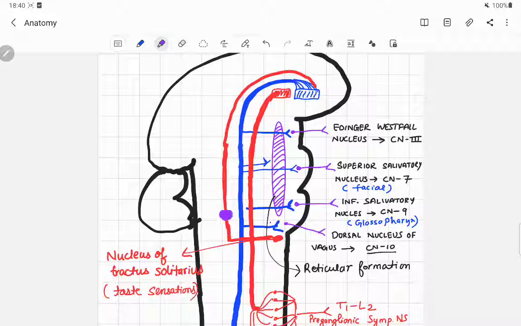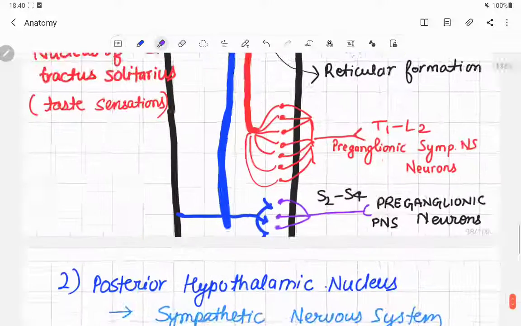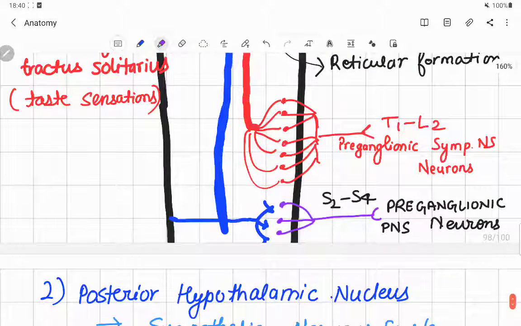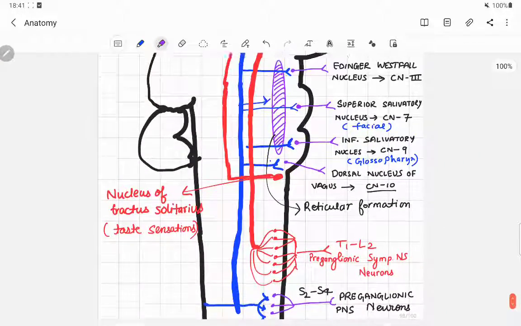It has a separate pathway which runs adjacent to the pathway of the anterior hypothalamic nucleus to the different parts of the cranial and the sacral pathways. The sacral pathway of the neurons coming from the anterior hypothalamic nucleus runs from the second sacral to the fourth sacral vertebrae, and they are called preganglionic parasympathetic nervous system neurons. All right. Now let us talk about this.